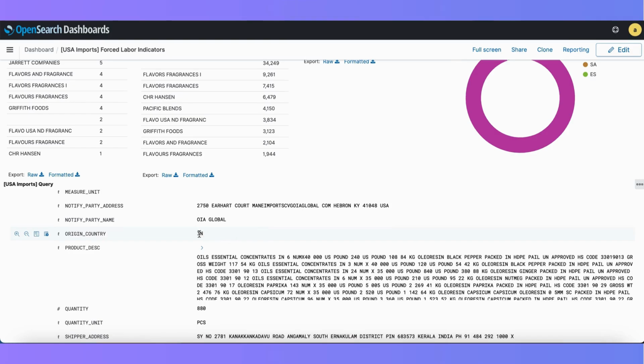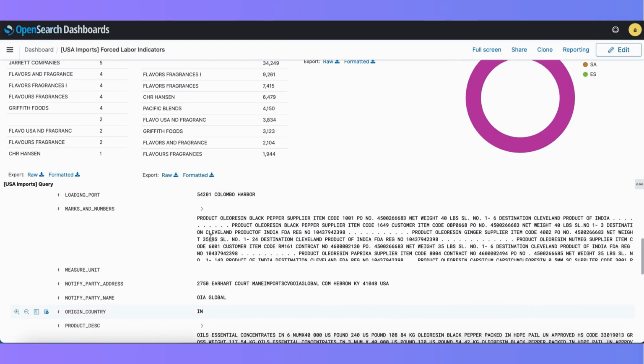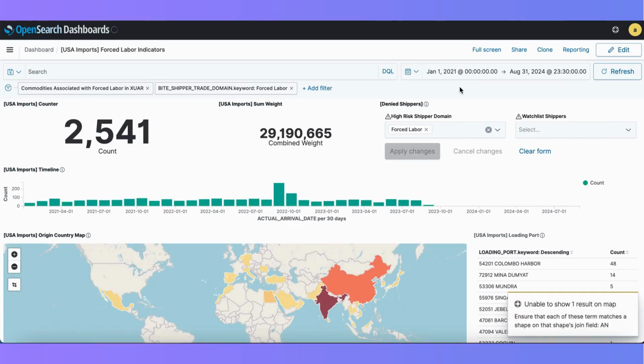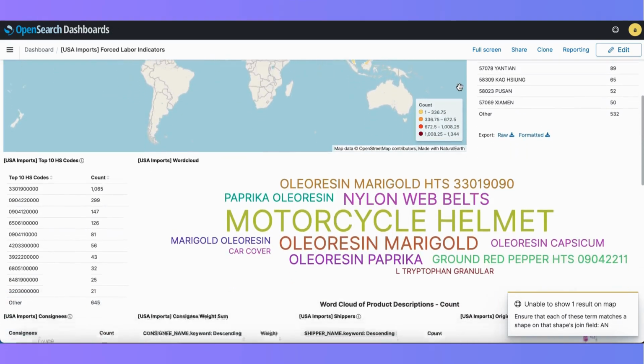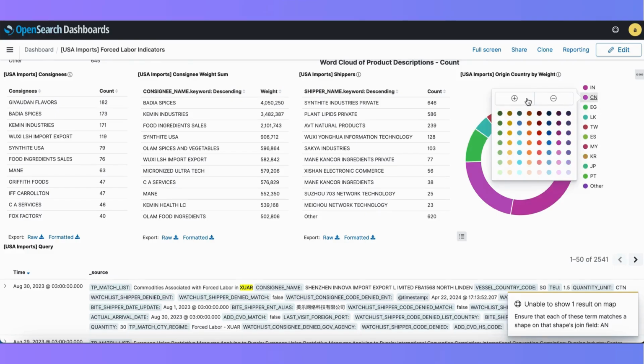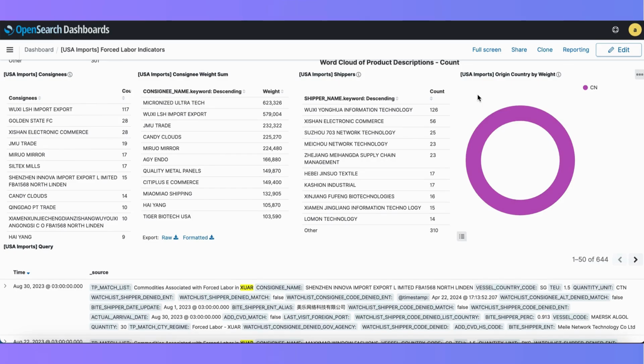So I'm going to clear that filter and look specifically this time for products originating in China. And in this case, we can actually see Xinjiang here.